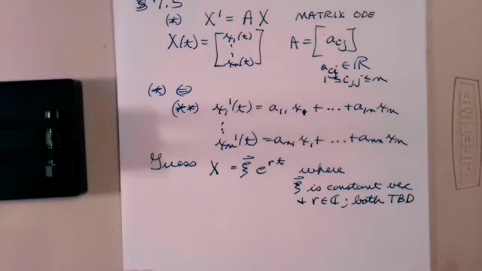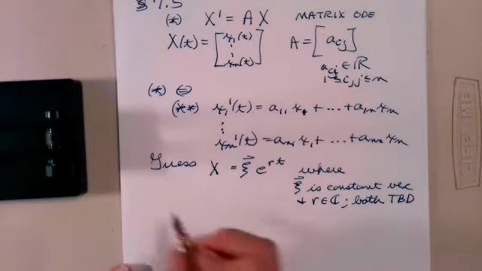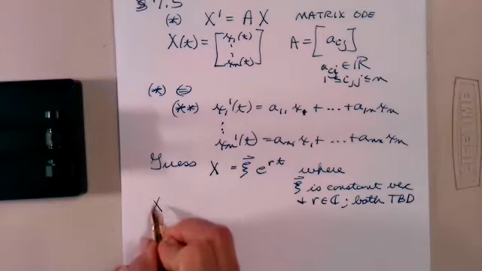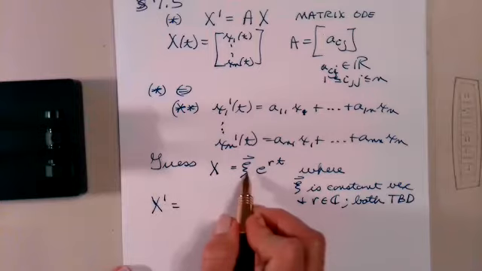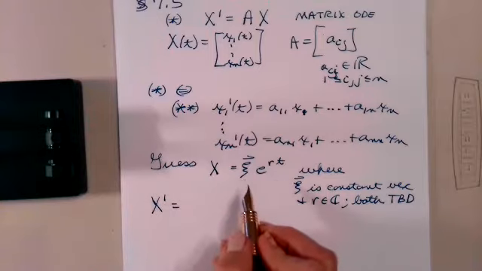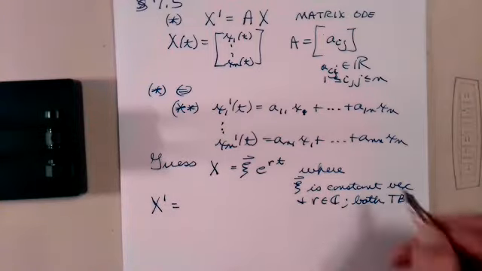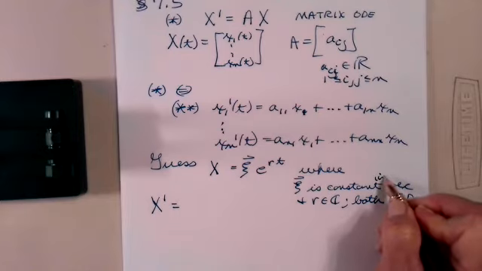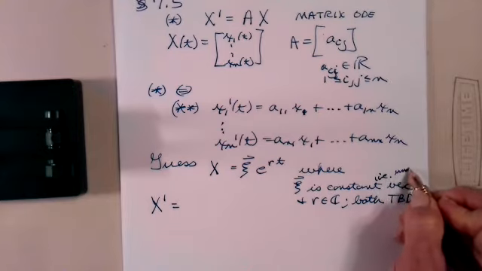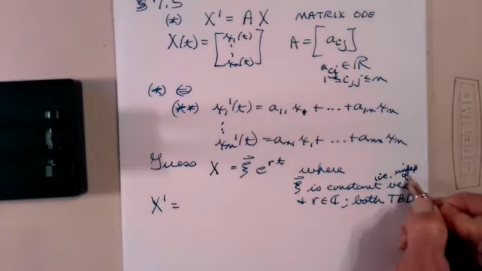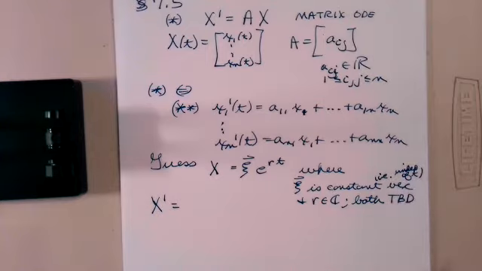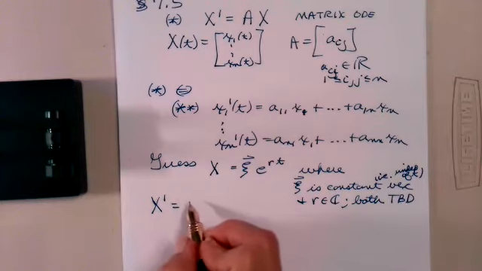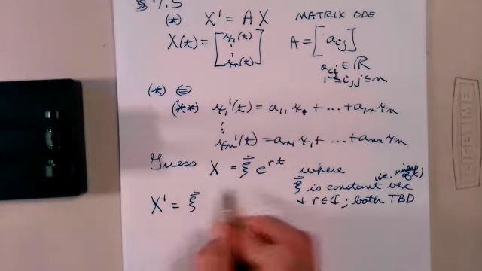Then what would C and r have to satisfy? Well, what would x prime be? Since C is a constant, in other words, independent of t, then x prime is C, the constant,